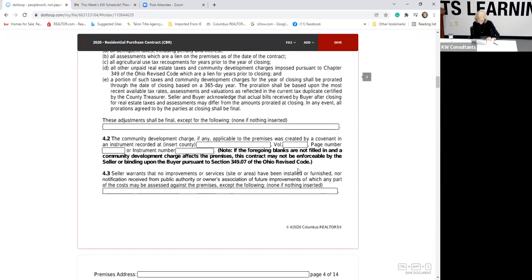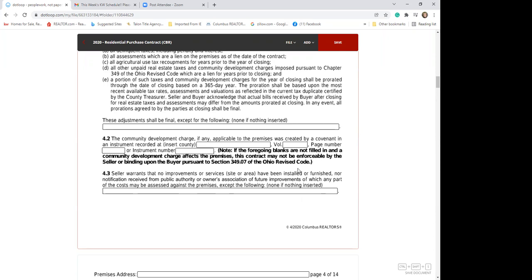Um, 4.2 is about community development charge. So if you're writing a purchase contract on an area that does have the community development charge, and that could be